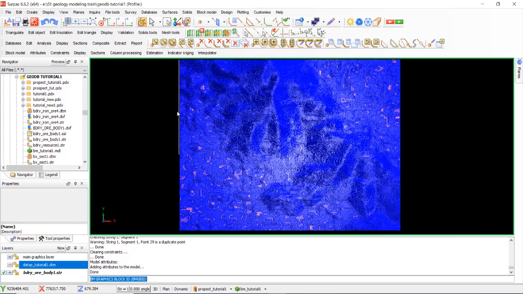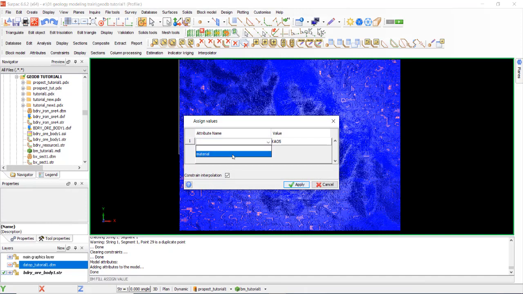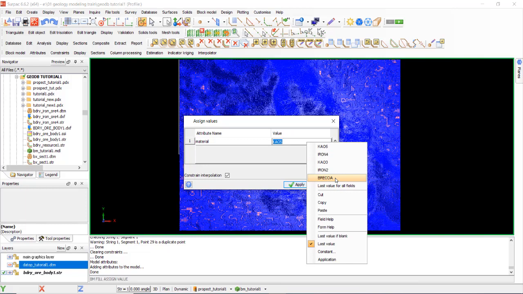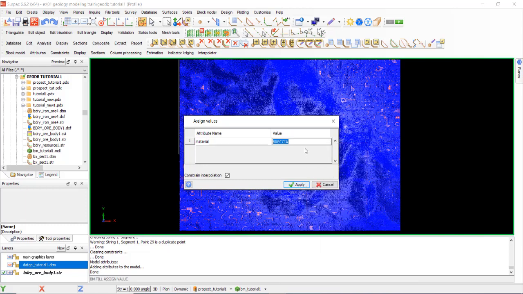Estimation, assign value, select material. First, select the Brexia, which is layer 1. Okay, Brexia layer 1 must have underscores, and select Brexia 1.